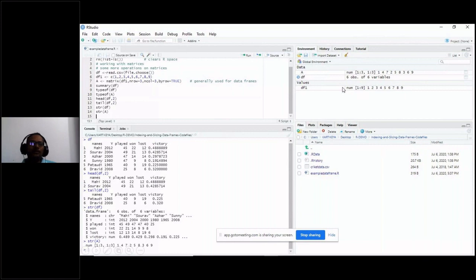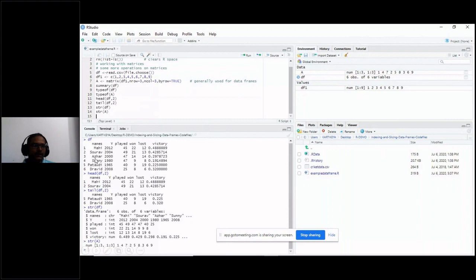But you want to know what are the header names, or what are the last rows, or what are the first rows of your data set. You want to look at those values only. Then the provision for this in R is head of data frame. If you have written head df, then it will display the header names.